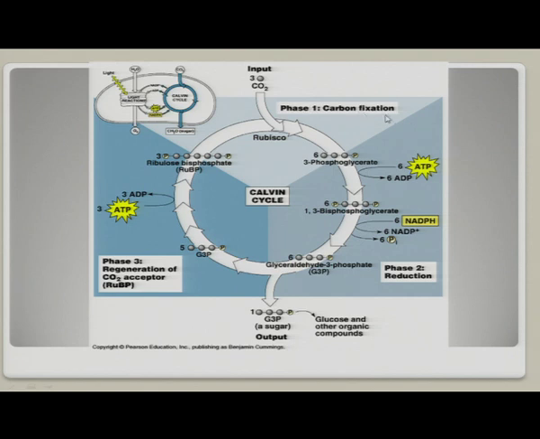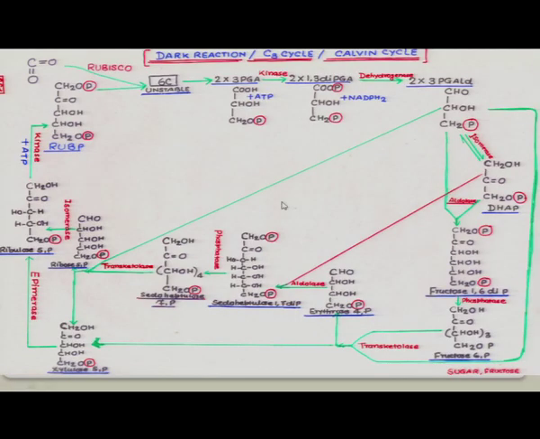The first phase is carbon fixation, the second phase is glycolytic reversal, also called the reduction pathway, because here the reduction takes place with the help of various types of enzymes, and the third one is regeneration of RuBP, which is the most abundant enzyme. Now, the entire dark reaction we have summarized here, that is first of all the RuBP,